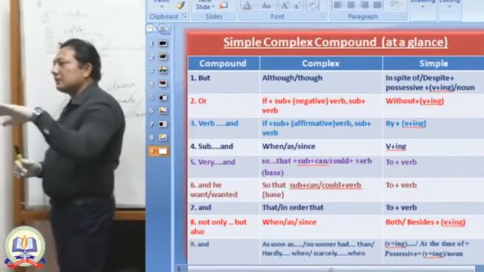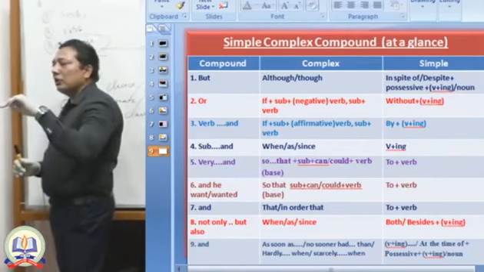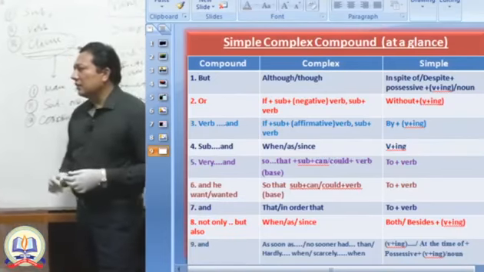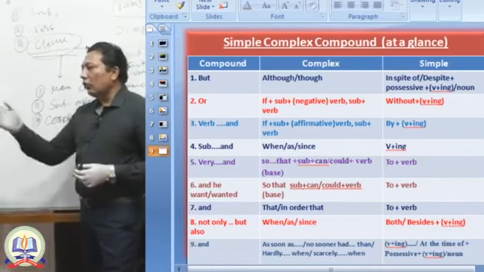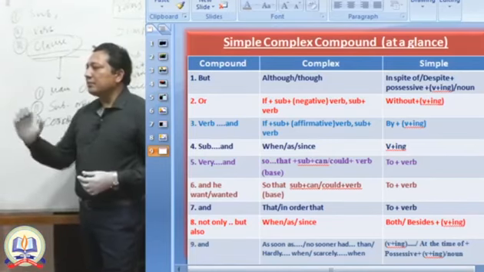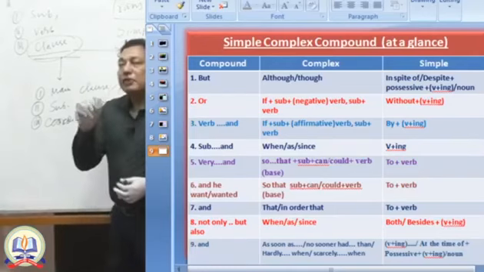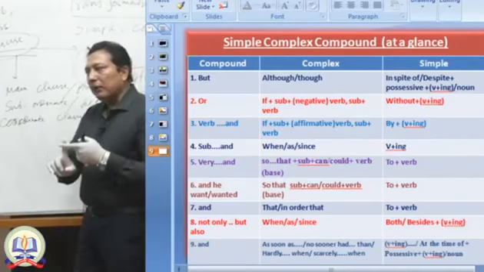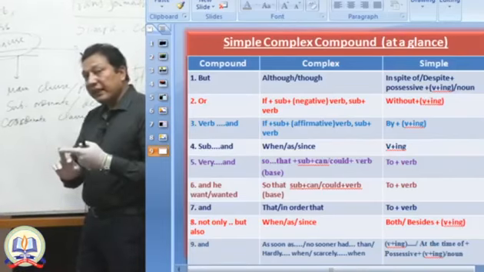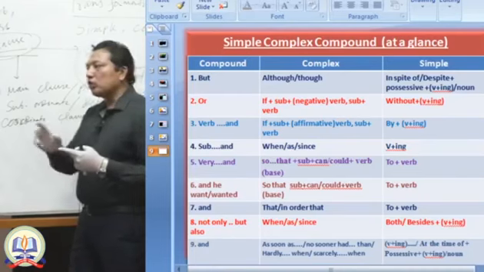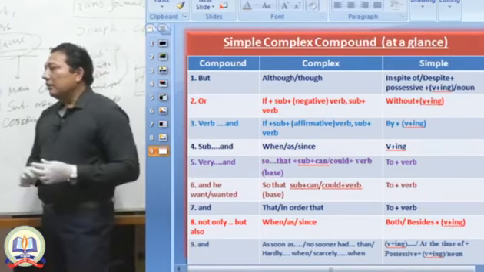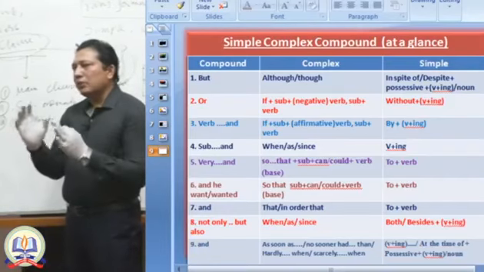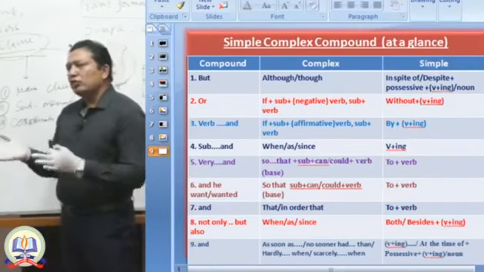That means in the first sentence, the subordinate clause, you have to use negative in the subordinate clause because you are getting "or". And if you want to make a simple sentence, of course you have to use "without", because "without" denotes negative things. That means "or" compound, if plus present using negative complex, and of course without plus ing simple. This is very short and it is very easy to memorize. If you practice in this way, I think it will be easier for you.